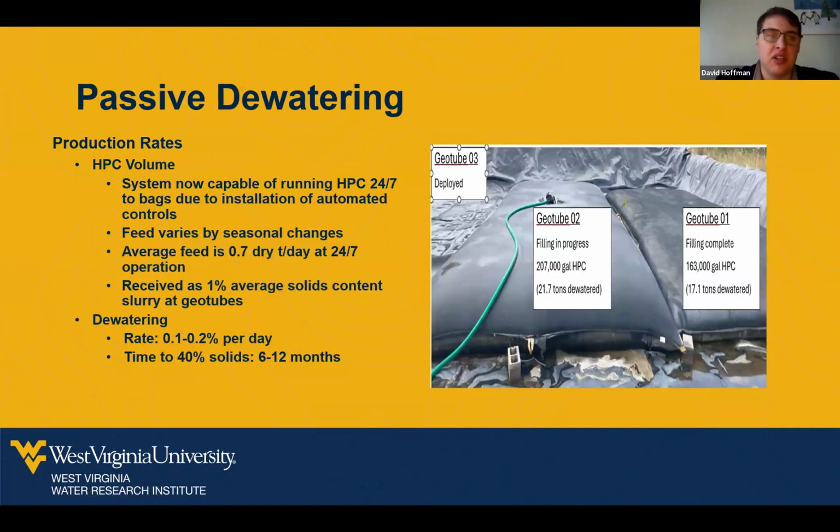A big part of this was also the passive dewatering. Basically, what we're doing is capturing this HPC because the plant doesn't have full capacity, and you would not want to put a rare earth plant at every single AMD treatment plant. So we'll see later where it's kind of a design to have centralized process facilities that go to one single downstream elemental separation facility. So in this project, we worked with Solmax to develop a geosynthetic fabric out of these